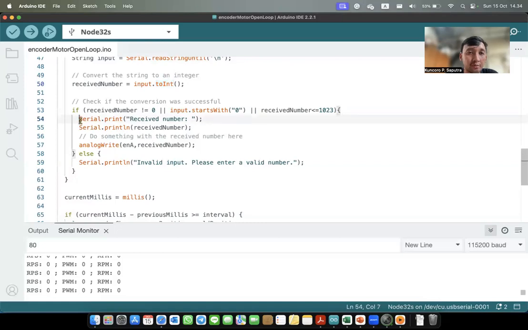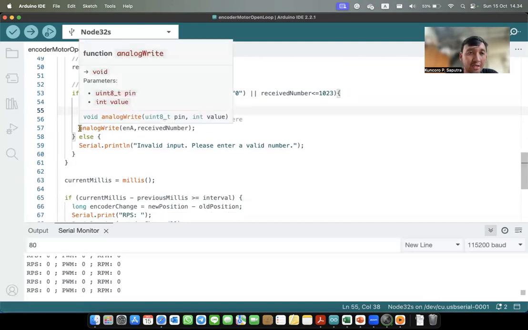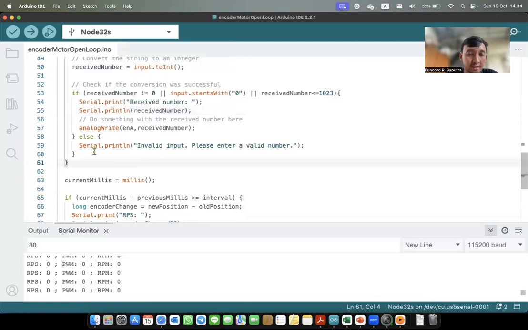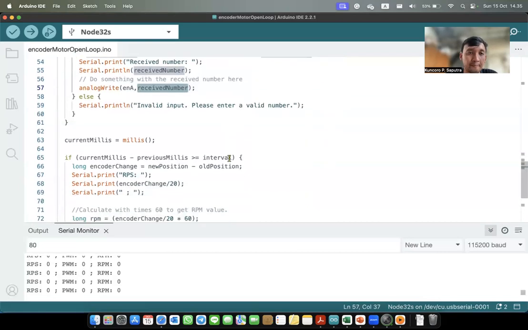After that, we already received the number as a PWM value, and we can set the PWM value using analogWrite to the PWM pin. This is the PWM number that we use to set the speed of rotation.